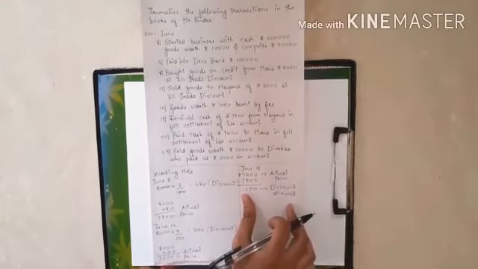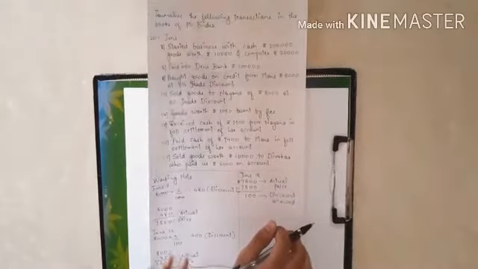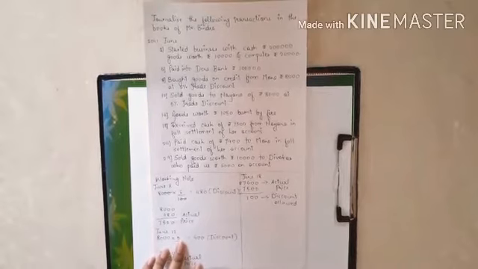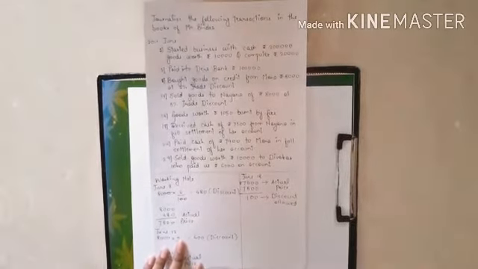Okay, so this is the difference between trade discount and discount. So don't get confused over here. Trade discount is at the time of purchasing and selling, and the actual discount is at the time of actual payment.